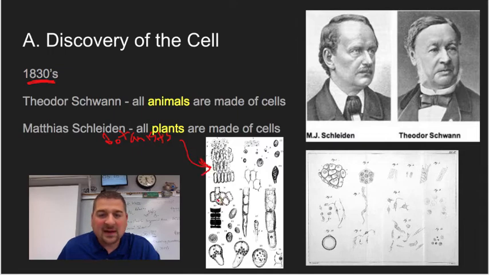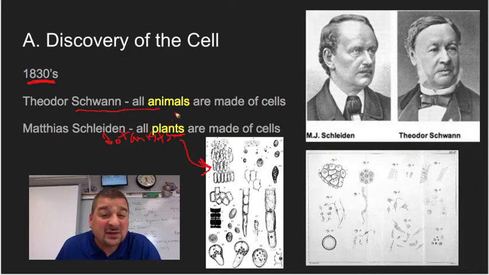He noticed that, man, there were these little tiny cells. Whether you looked at leaves, stems, roots, flowers, seeds, he always saw these cells, and it made him think, are all plants made of cells? And the more plants he looked at, the more he thought that was true. And he sent a letter to somebody at a different university in Germany, Theodor Schwann, who did a lot of